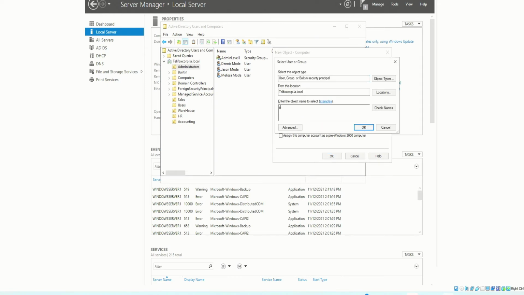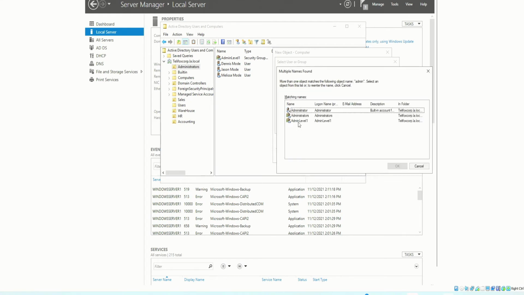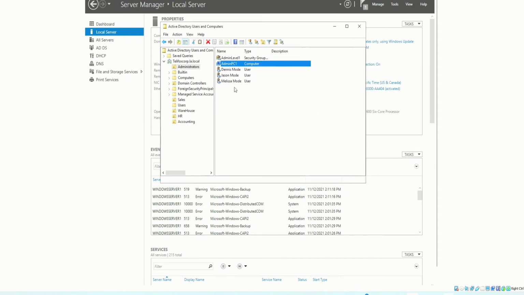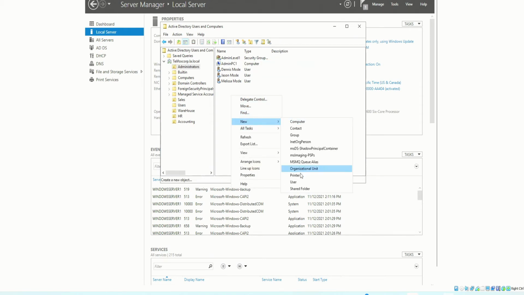And this will be on the admin level 1. So we select admin level 1, click OK, and then click OK. Now one more thing, we want to add a new user. So you click on new, you click on user,